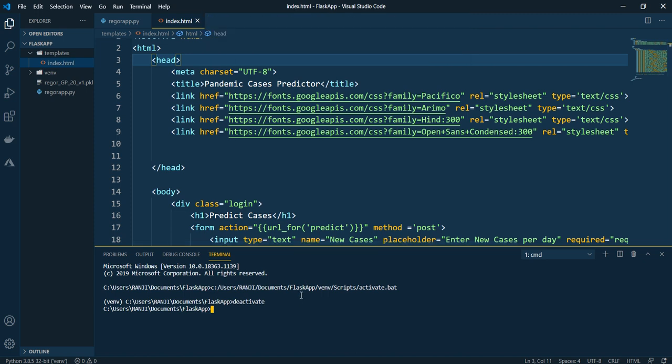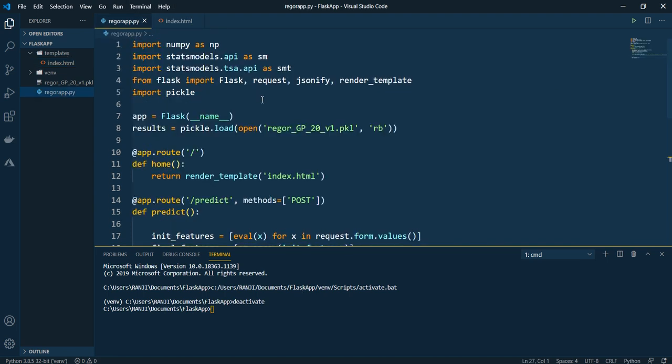So first thing that you need to do is import all the different libraries which you have used in your file or the Flask application. One thing is, you can do pip3. This is the way you can install. You can write pip3 install and name of the library, that is numpy, and all the other libraries which you have used, that is statsmodels.api and Flask and Pickle. So it is dependent on what application you build.